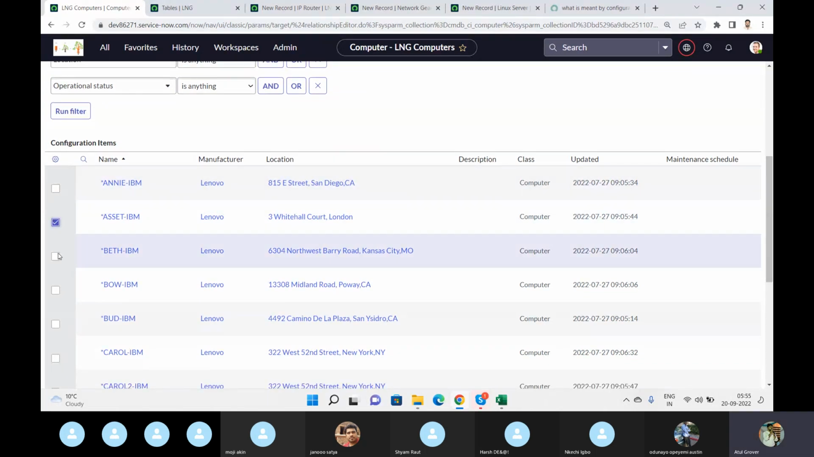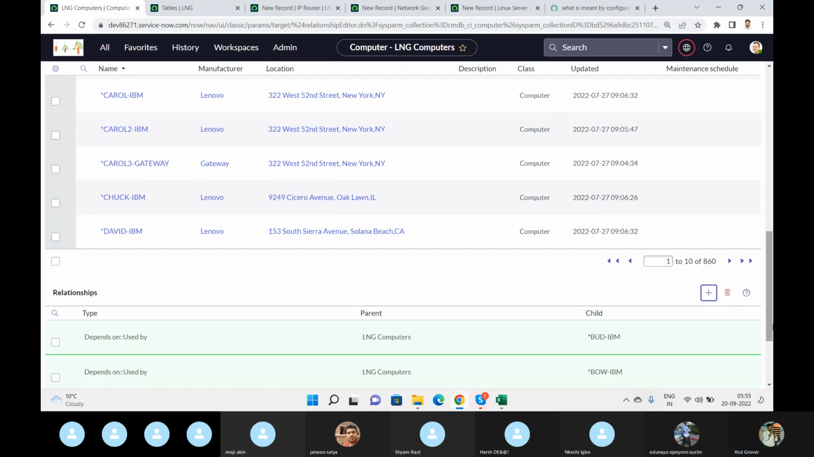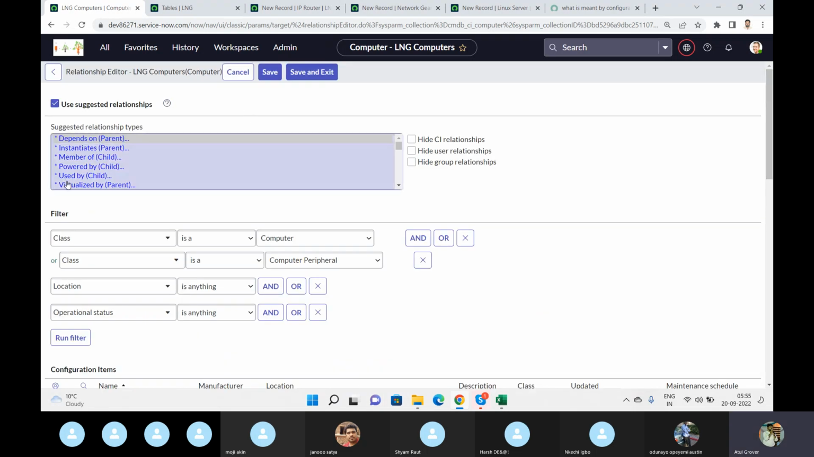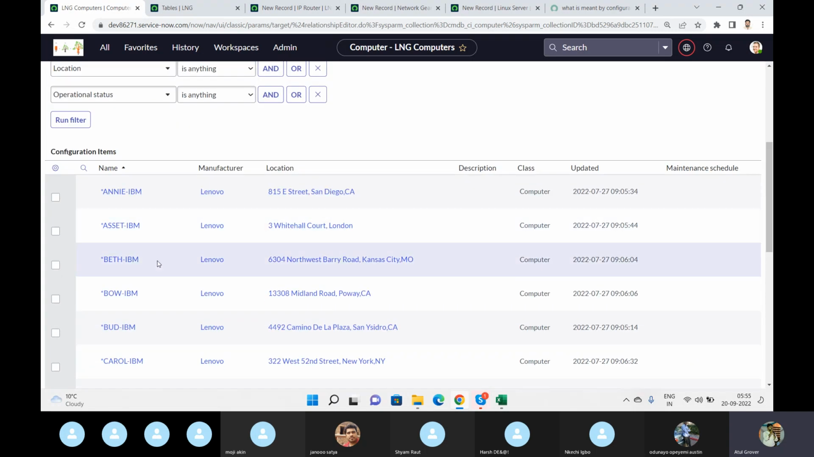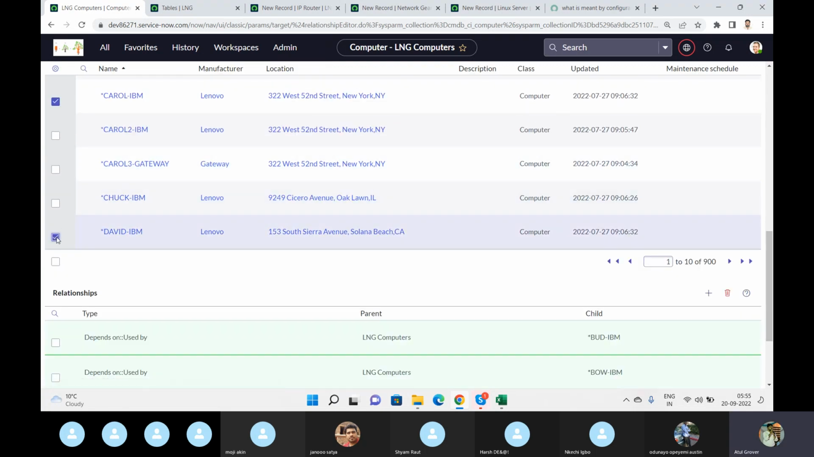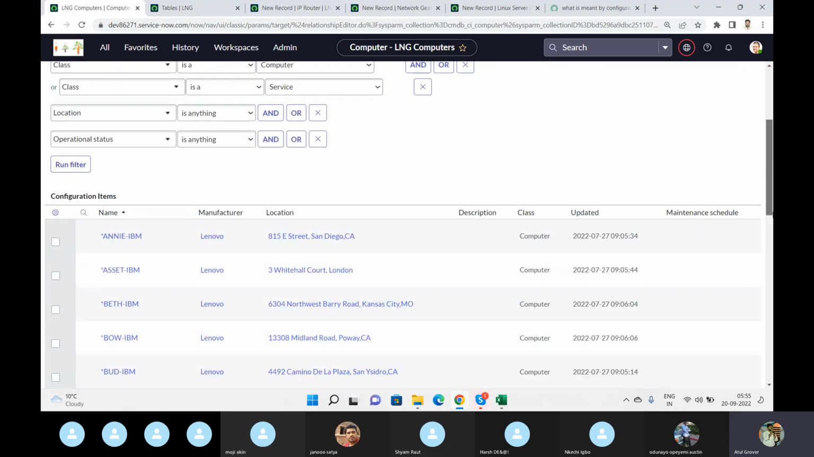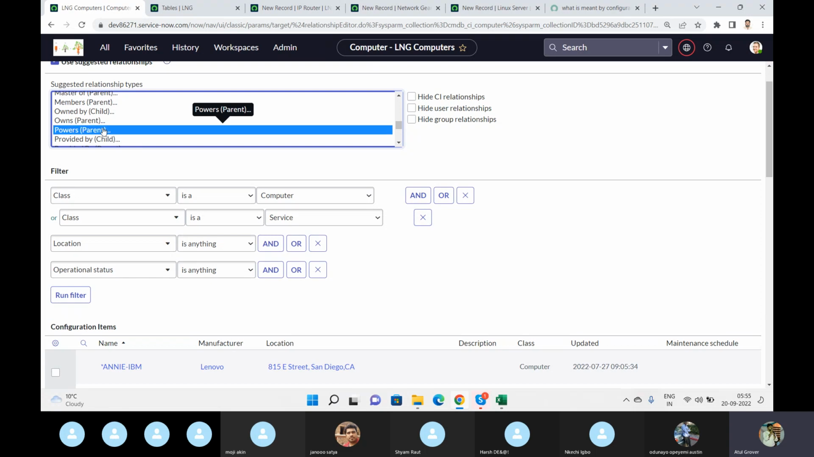I'm just ticking these boxes. Okay. Click on the plus. Now I change the relationship to used by, computer service or the service. I'm just putting some random ones here because I want to show you something important. This one. Okay. Now change the relationship. You can see how many relationships there are. You cannot believe